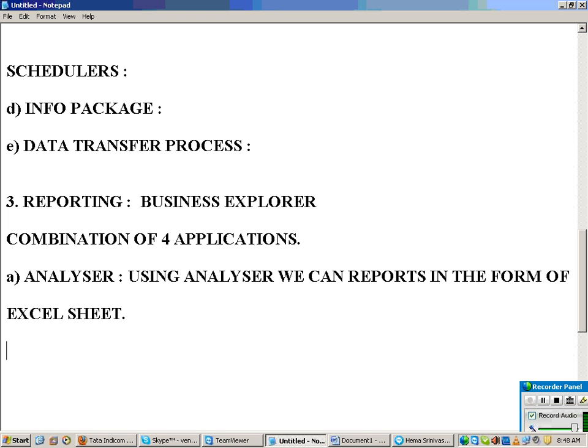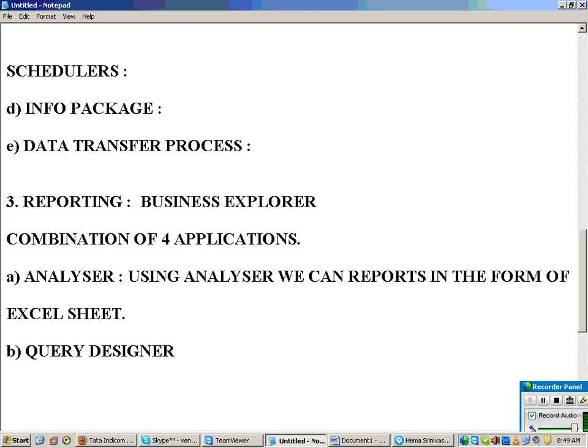Right. So next, the important application is what? This is the one. Query Designer. The important application is Query Designer. So the main important one out of the box is the query.